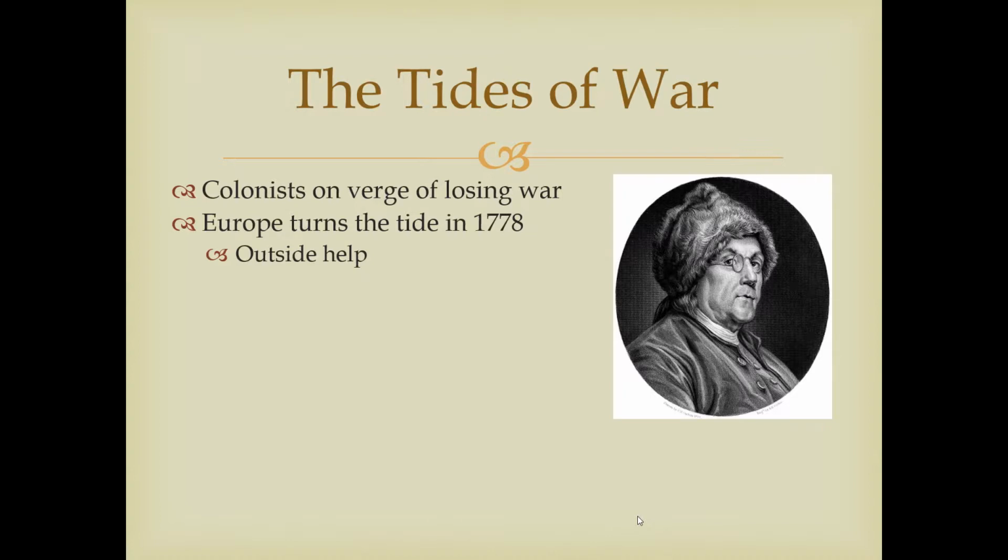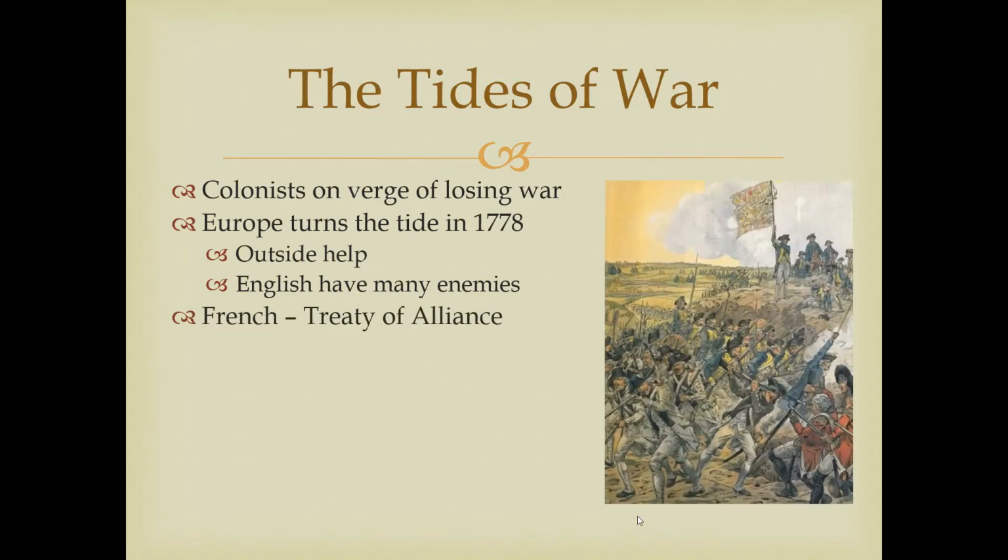And if they are accepted as a sovereign nation, they can sign treaties, and they can bring in help from the outside. Remember, the English have made many enemies, especially as recently as 1763, when they cut everybody else out of the treaty signing after the Seven Years' War. And so it's going to be the French that are going to be the first to help stem the tide. You're going to see them signing the Treaty of Alliance, which basically brings in hundreds of thousands of French forces to fight